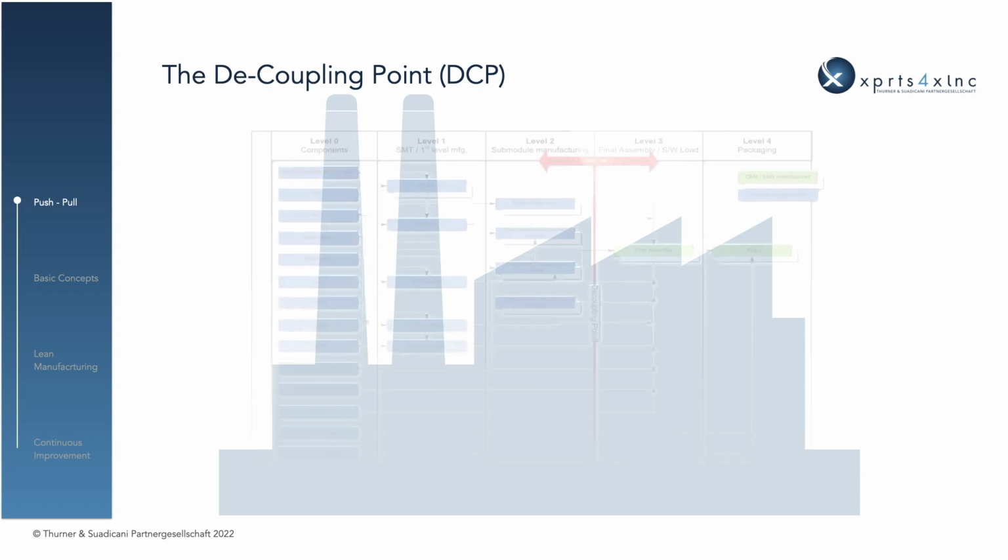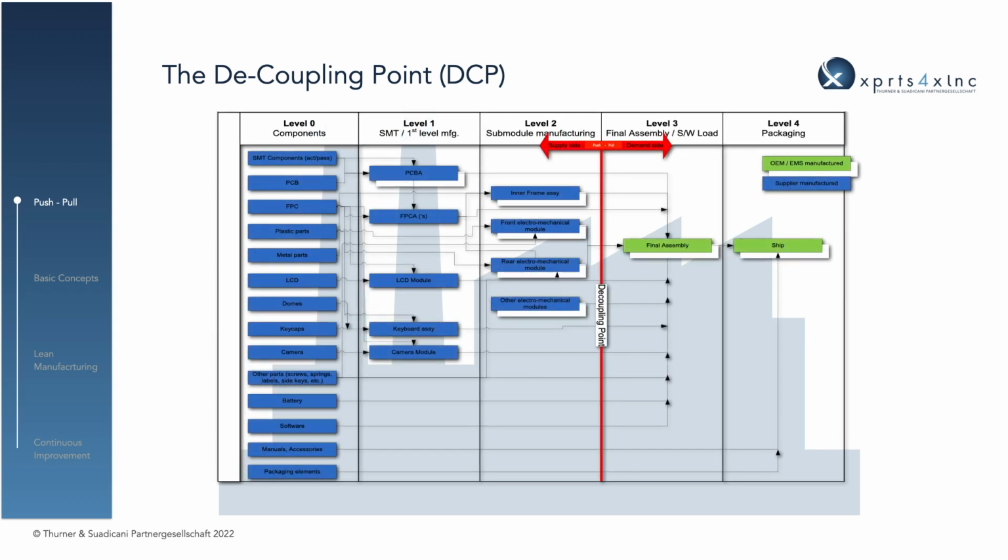What you see here is the real value chain of a mobile phone. The decoupling point was set on purpose between level 2 and level 3 manufacturing. This allows short delivery times when there is a customer order. On the other hand, there is a significant amount of half-finished inventories sitting in the shelves and waiting to be processed. Think about what would change if the DCP would either be moved further to the right or would be